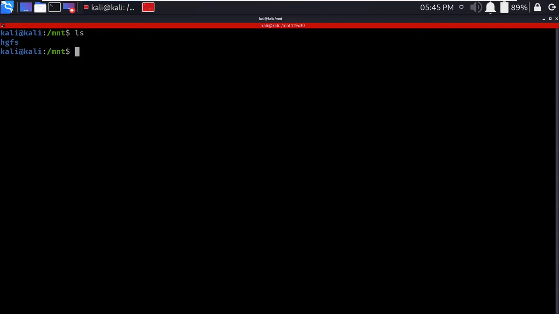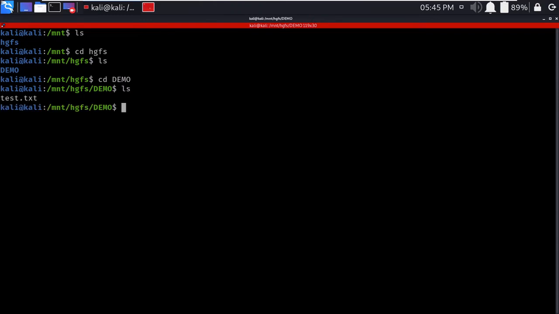You will see a folder named HGFS in the mount folder. Let's go in that HGFS. You will see the folder which was shared from our host operating system to the guest operating system, that is demo. So let's go in that. And we will see a file which was shared from our host operating system, that is test.txt. Let's check its content.